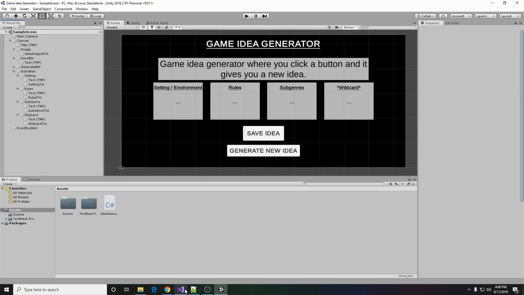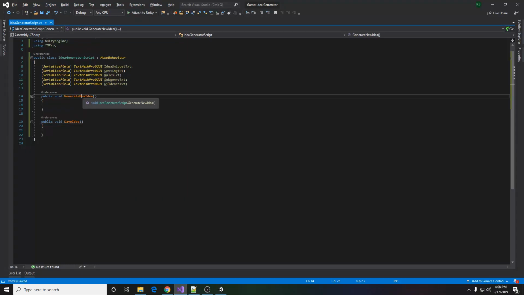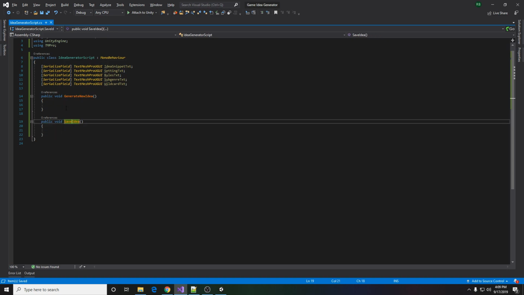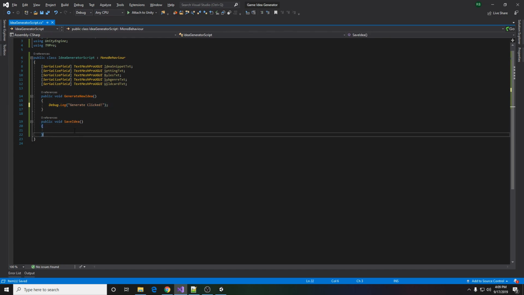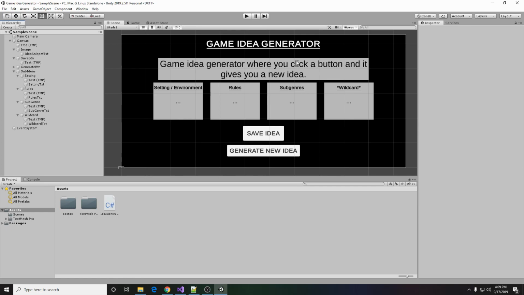So now if we go to here, this is going to be called when you click that generate new idea, and this is going to be called when you hit save. And just to make sure, I'm going to put a debug.log, "generate clicked", and then I'm going to end that and copy it and paste it here, and I'm going to do "save clicked". So now we can go back to Unity here, we can hit play,